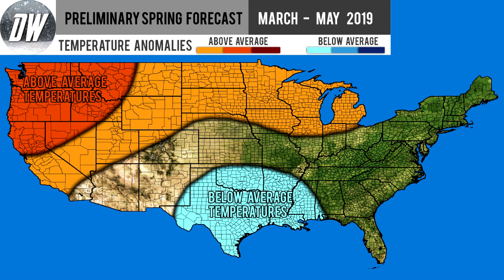Now, there is going to be that slightly below average temperature region in the south central United States that I have mentioned a couple times in this video so far, for Texas, Oklahoma, Arkansas, Louisiana, and Mississippi as well. That's where I like to see a lot of that below average temperature set up over the entire course of the 3-month period.